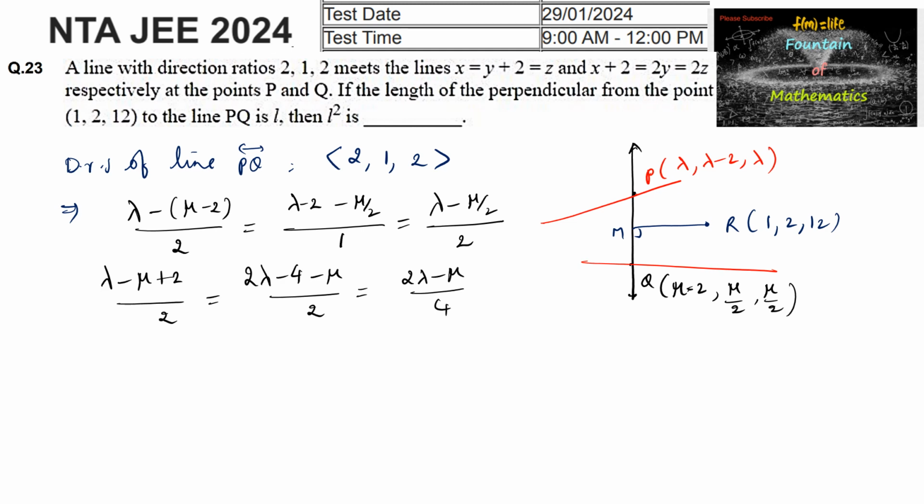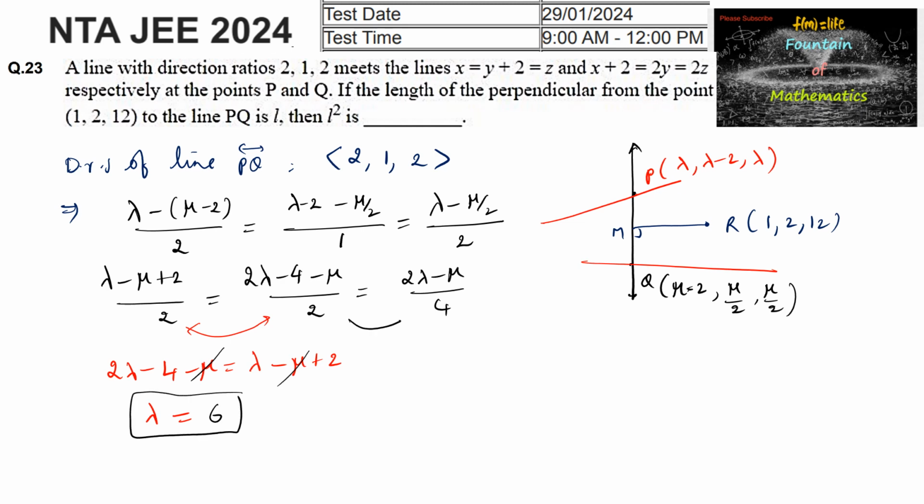Now comparing and equating this both, so we can write 2 lambda minus 4 minus mu is equal to lambda minus mu plus 2 upon 2 gets cancelled. So we can write lambda is equal to, and even minus mu also gets cancelled. So 2 lambda minus lambda, that is lambda is equal to 6. So we got lambda is equal to 6 here, and similarly simplifying